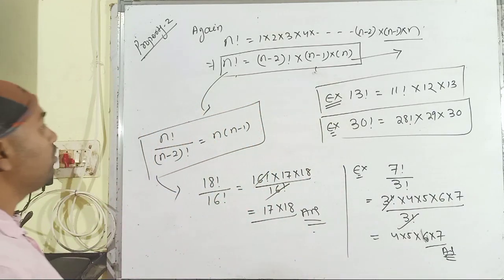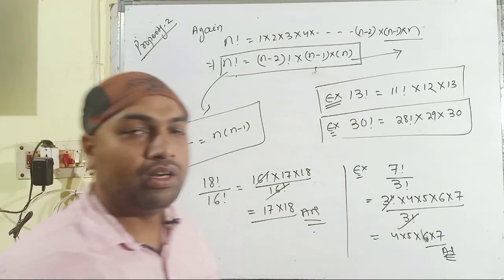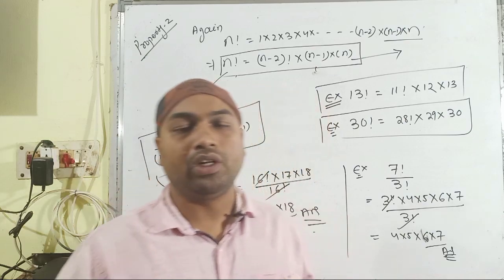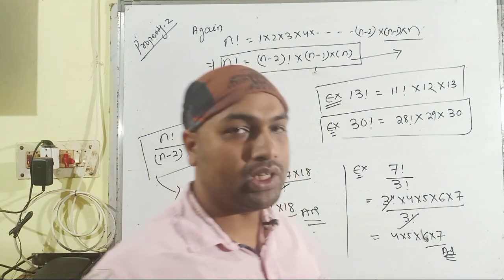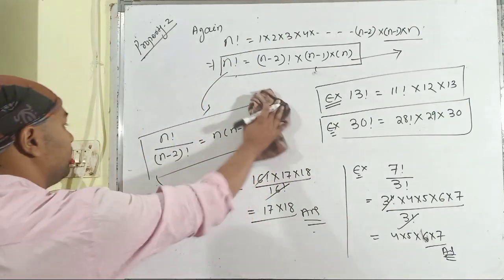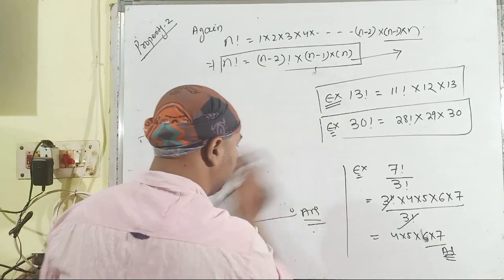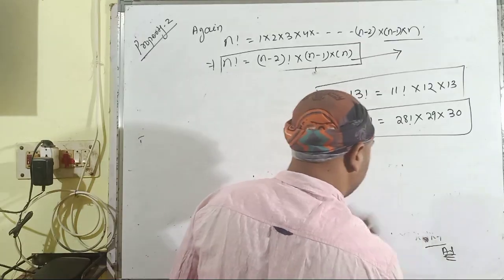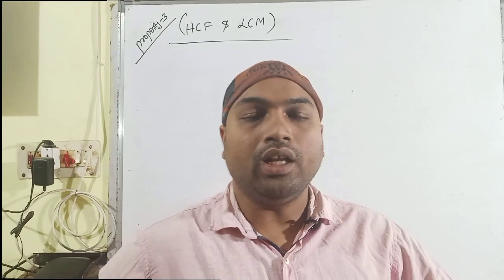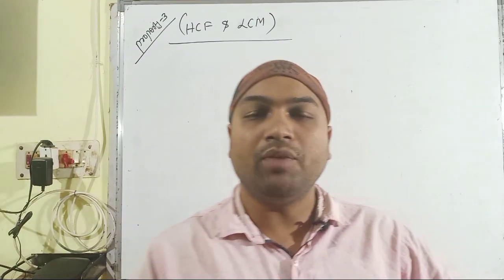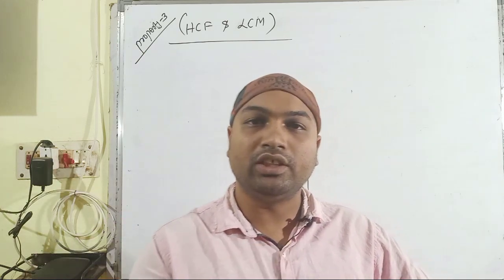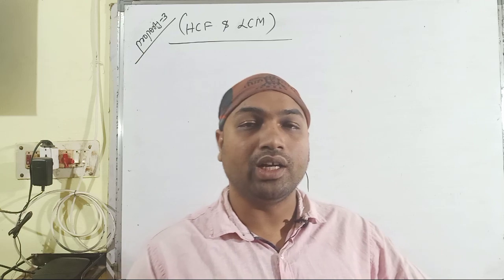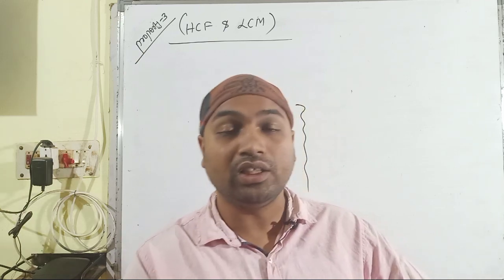So these are all about the fundamental definition and properties based upon the factorial topic. Then let us move towards some of the more properties based upon factorial topic. Then let us discuss the HCF and LCM in the factorial topic. But before going to the HCF and LCM of the factorial topic, let us discuss the HCF and LCM